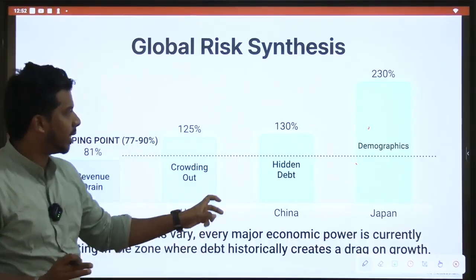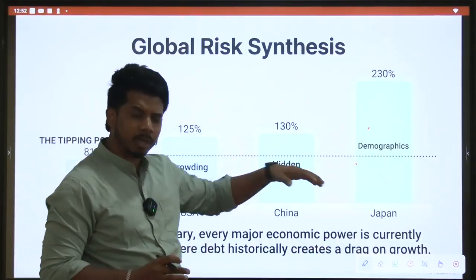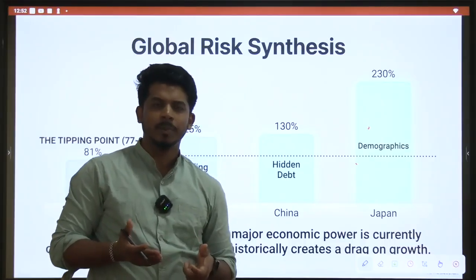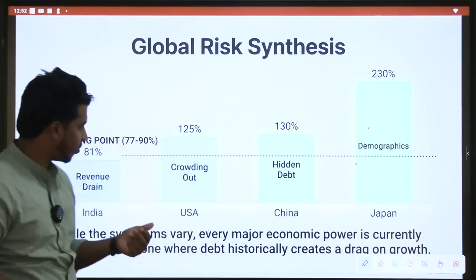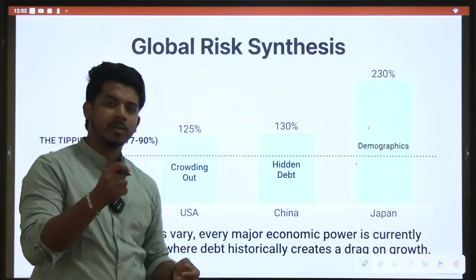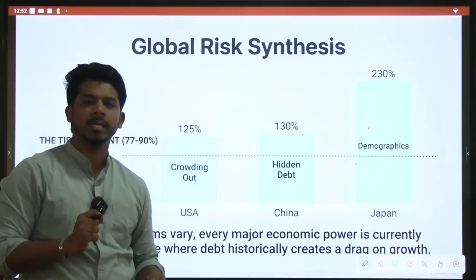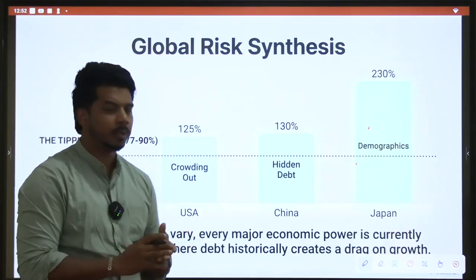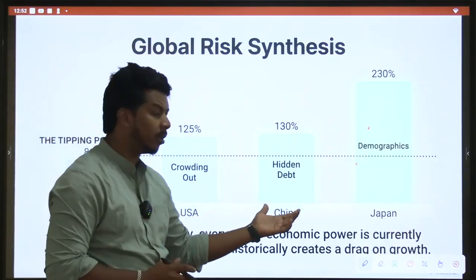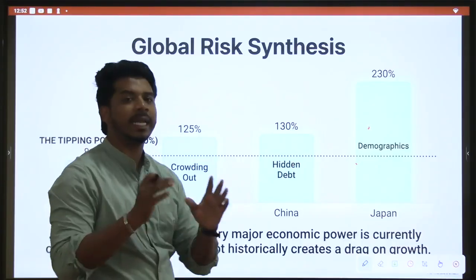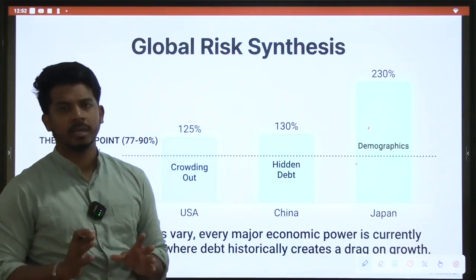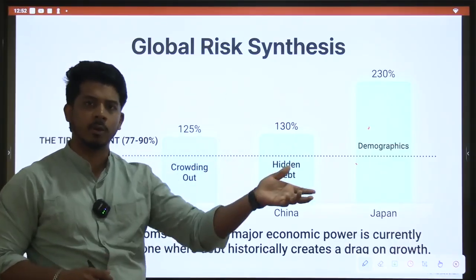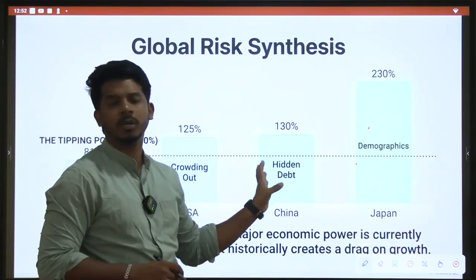Now what about China? China is not a democracy. China does not report properly. So whatever China says, people cannot go and verify. If India says my debt level is 55, all the economic organizations will come to India and check whether it is 55.1 or 55. Other countries are very transparent, but China is not. China says my debt is only 80 to 90%. But many organizations believe that if you take all the debts of all the government levels, including the local governments of China, it is more than 120-130%.